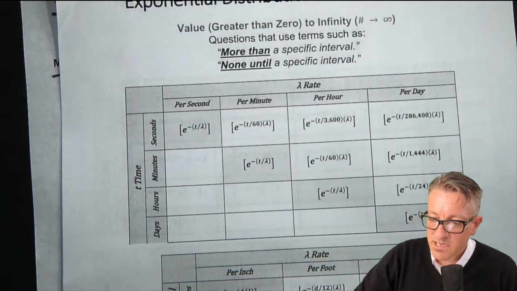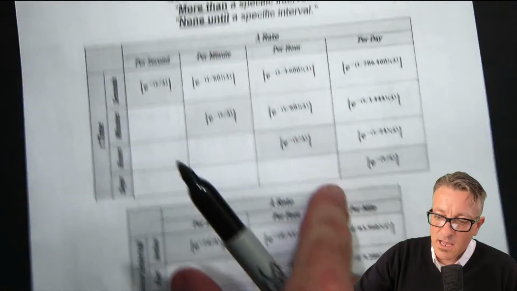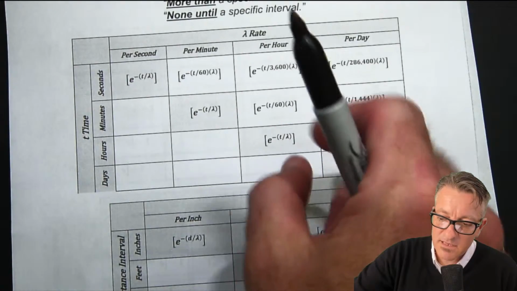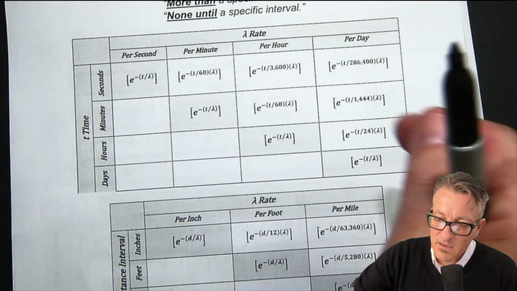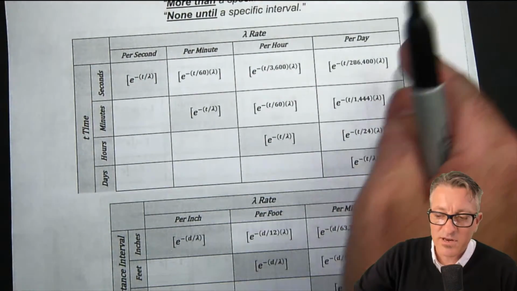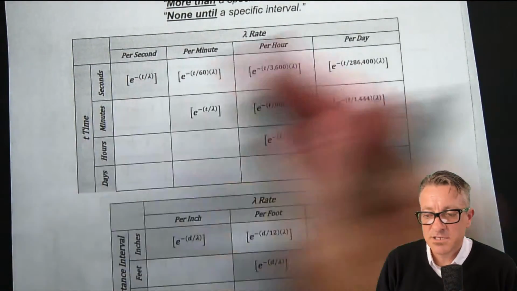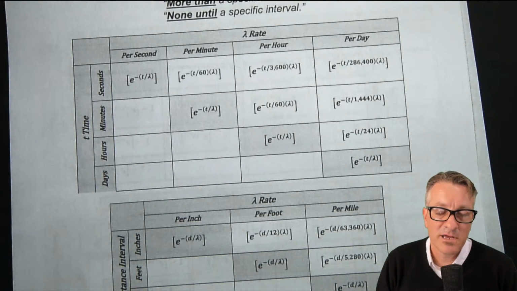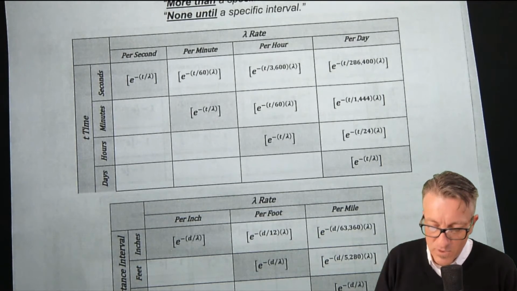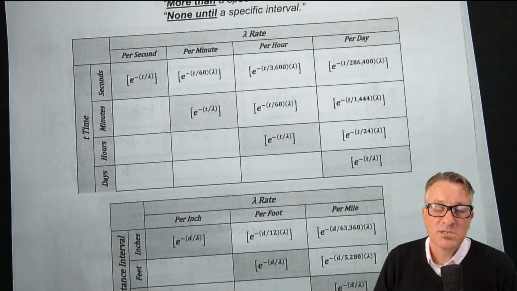The other nice thing about the table is if you need to convert to a different unit that's not listed, the table kind of gives you the understanding of how you would do that. Technically, you could go out further and further, but as you go out further, and as you're doing conversions away from multiples of units, your probability gets so small that it's kind of pointless to do that because the probability is so tiny.